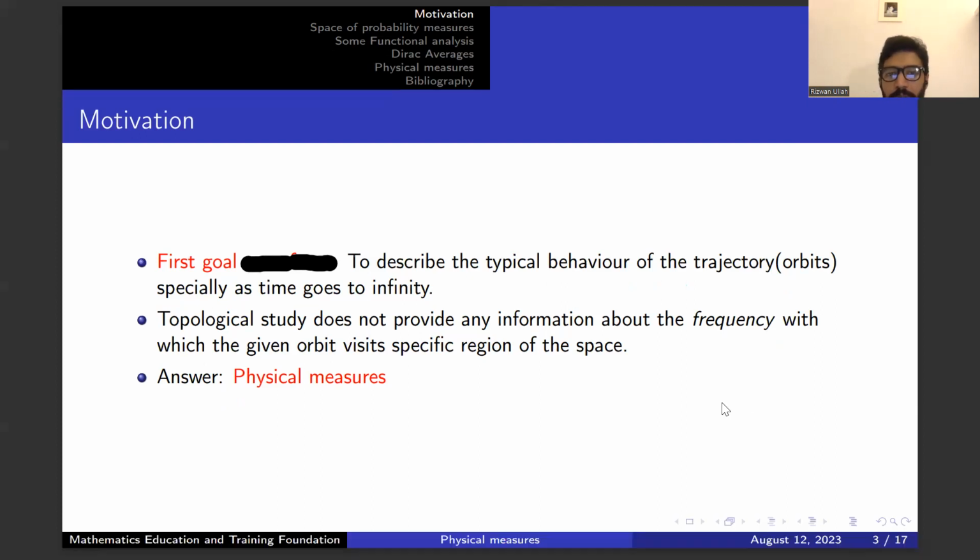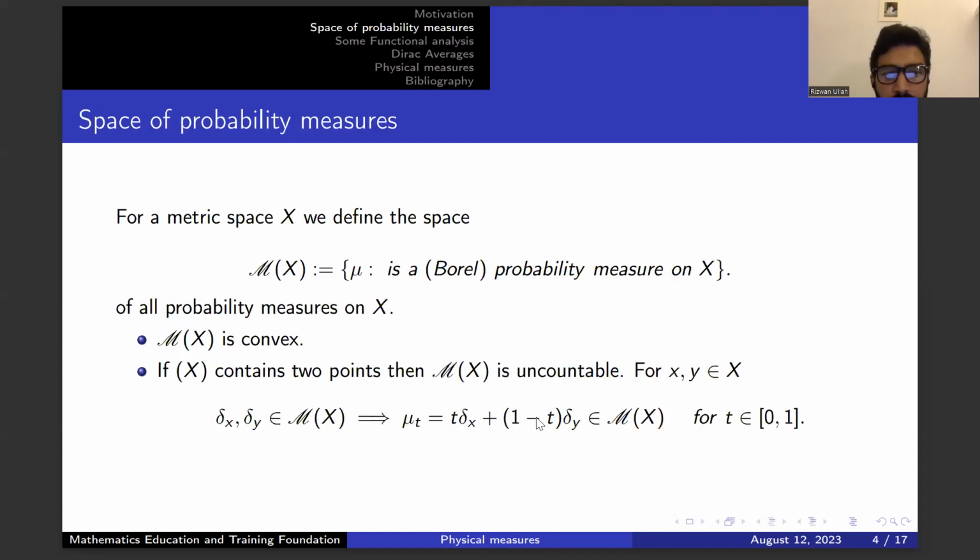So these were a bit of motivation. I hope you guys have got a little bit of interest in this, and let's go on to introduce a couple of important things that we need throughout the course. So the very first thing that I would like to introduce is the space of probability